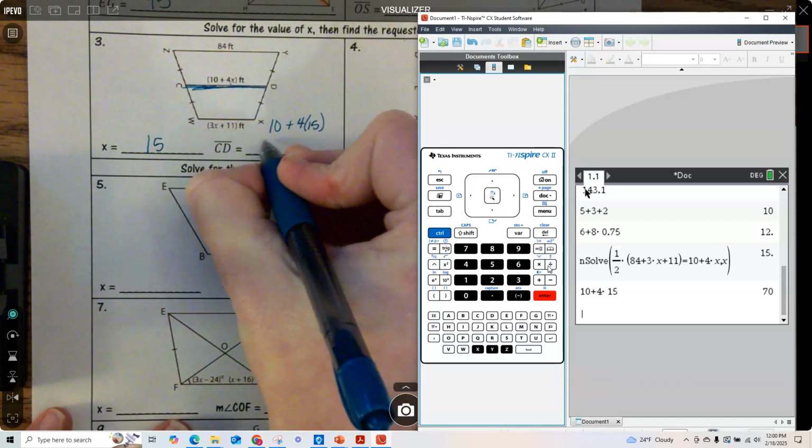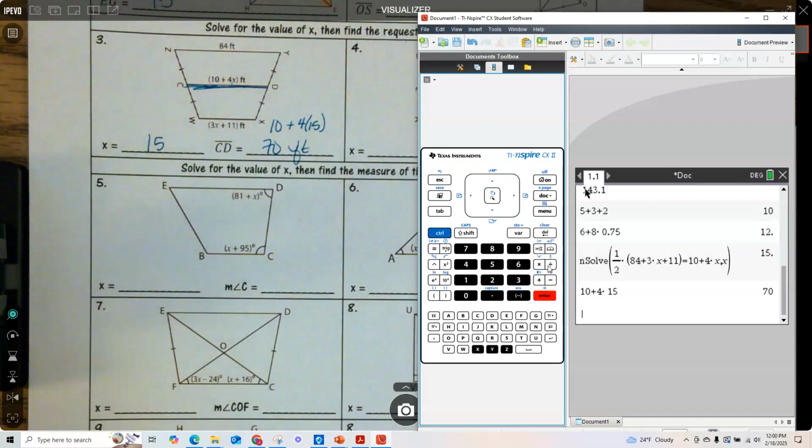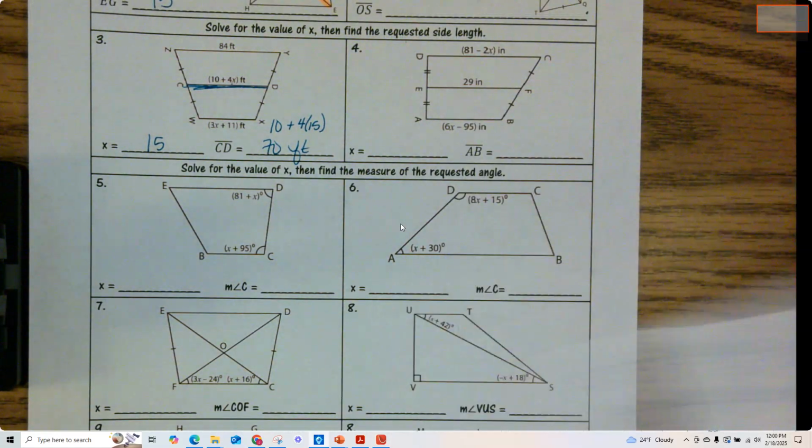And so that one's going to be 70. And we know it's going to be feet, it tells us. So on number 4,